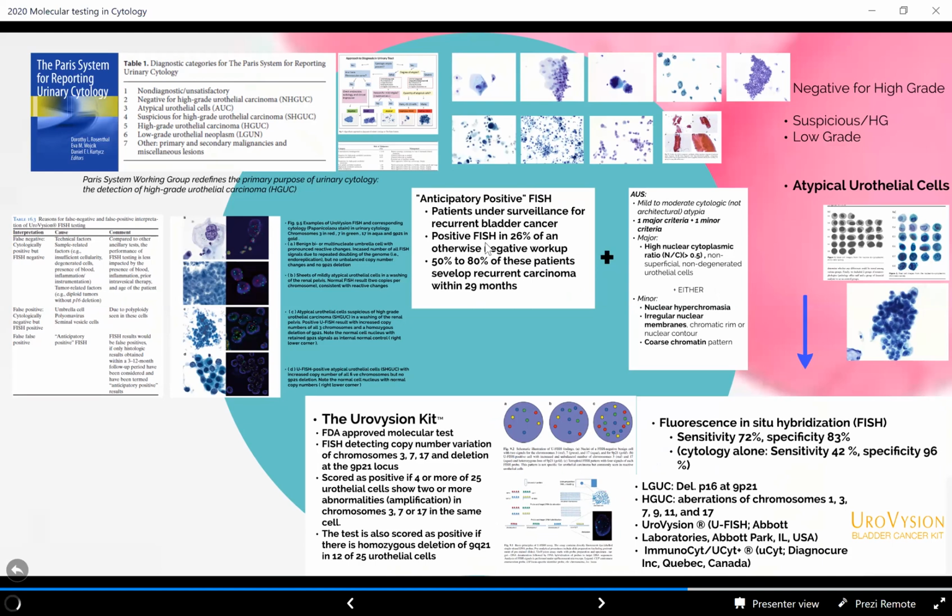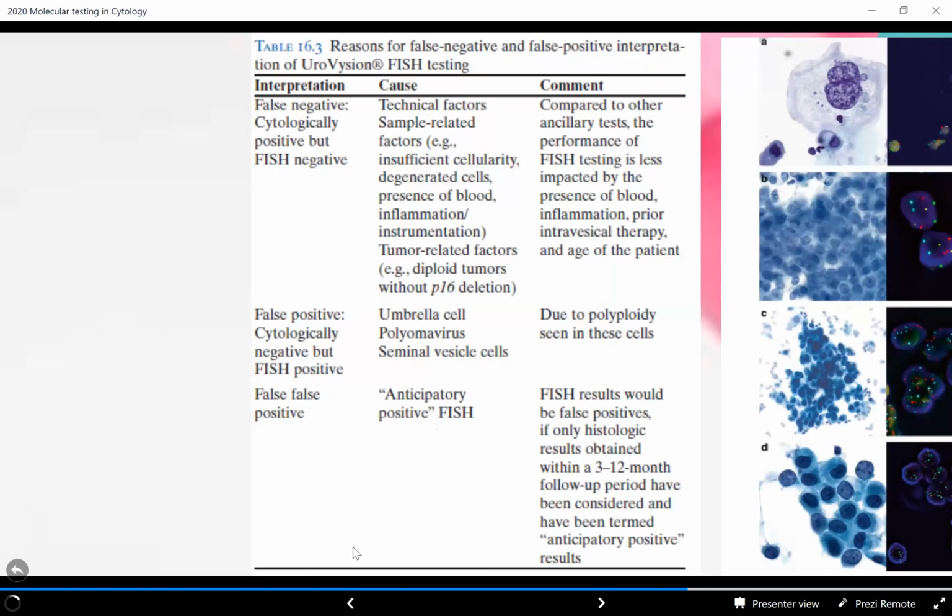These are patients who are under surveillance for recurrent bladder cancer. These can give positive FISH in 26% of otherwise negative cases. And 50 to 80% of these patients will develop recurrent carcinoma. And like we said, it's FISH. There are some false negatives. There are also some false positives. But generally speaking,